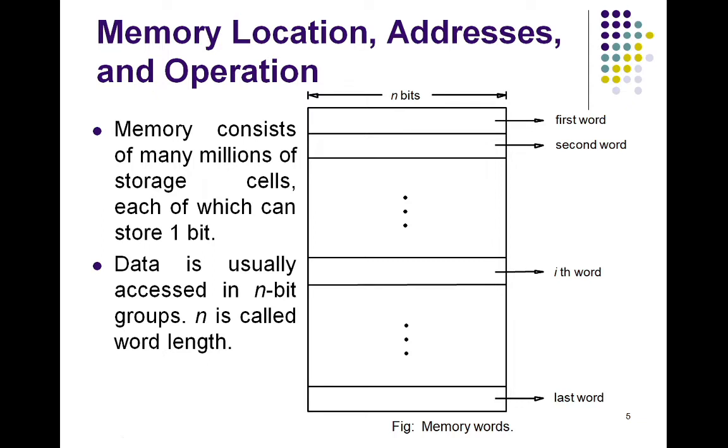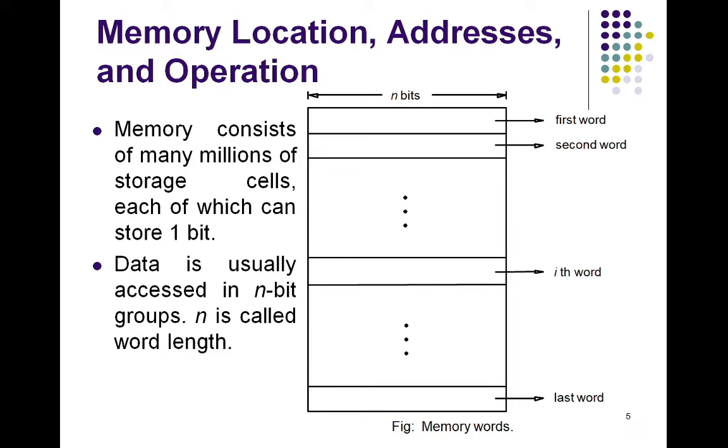Here the memory of a computer can be schematically represented as a collection of words. As you can see in this figure, in this memory representation, the storage or the memory is represented as a collection of words. So here you can see there are n number of words, so collectively it is known as memory or the memory representation.